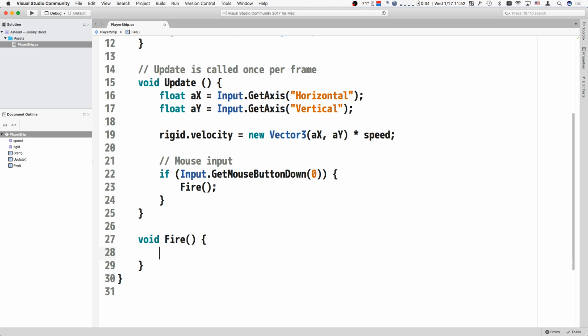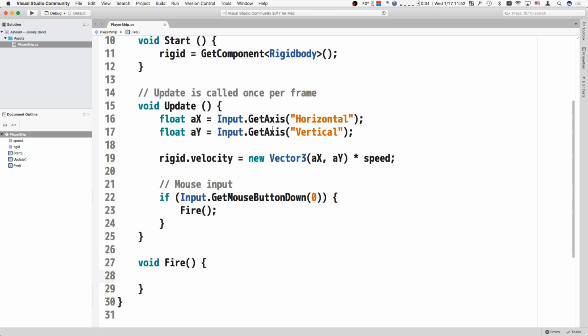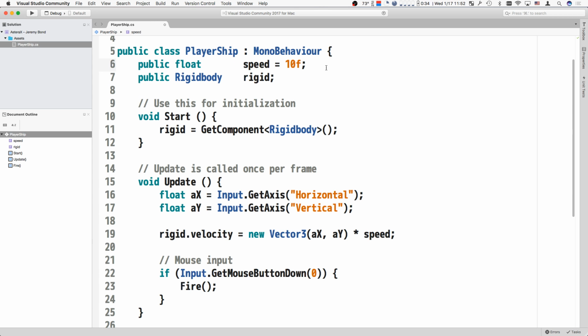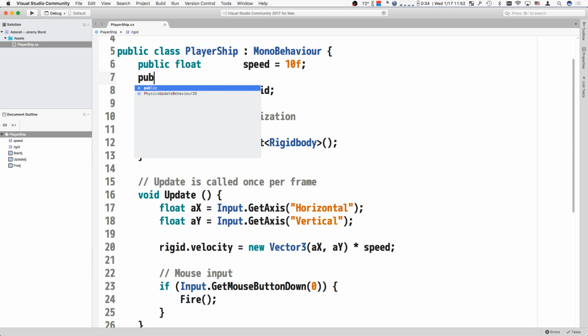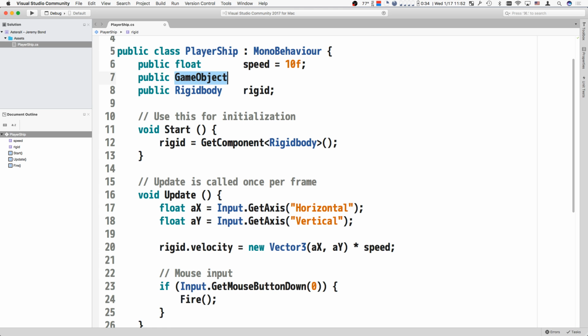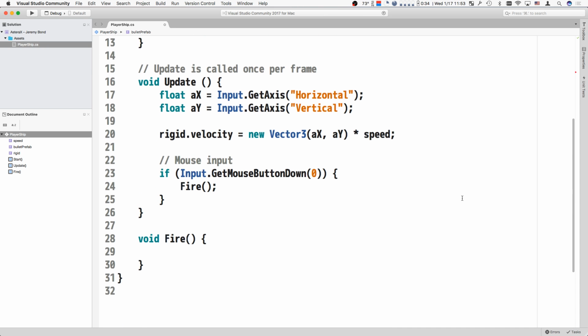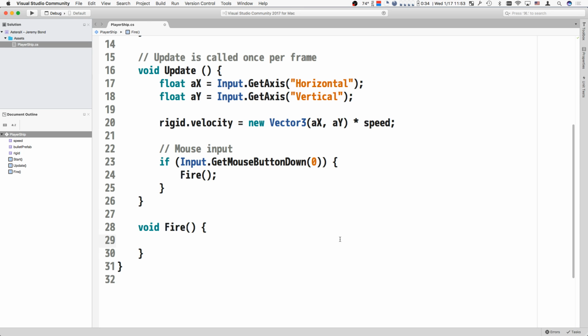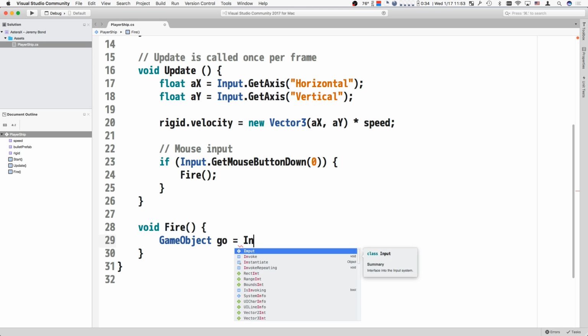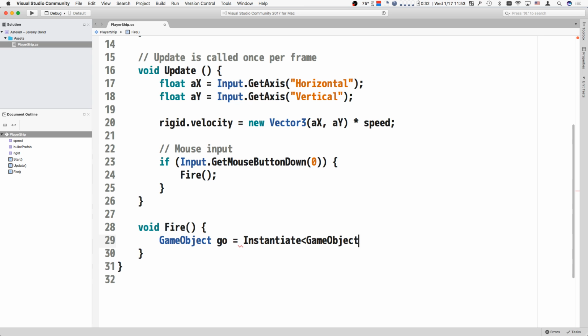So there are several things I'm going to have to add here. One is I'm going to need something as a prefab for the bullet, just like the prefab for the apple that you did. So I'm going to say public GameObject bulletPrefab. And that I'm just going to have to define in Unity. So I declare it here, giving it a container for that value, and then I'm going to define it in Unity. Then down here, I'm going to say GameObject go equals Instantiate